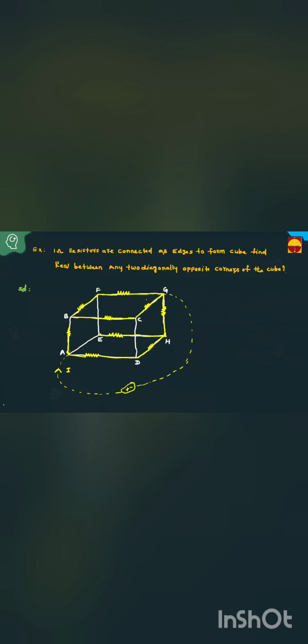Here also resistances are there. If it is joined, these three resistances are parallel. On this side, these three resistances are parallel. Remaining internally, how many resistances? 1, 2, 3, 4, 5, 6. Internally, 6 resistances are also parallel, because B, E, D are equipotential points and F, C, H are also equipotential points. Then if you draw the equivalent,